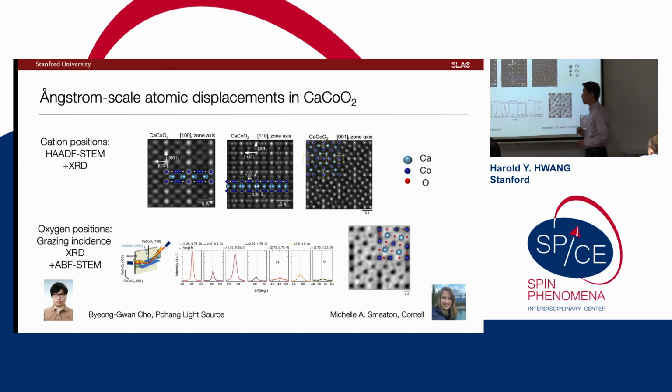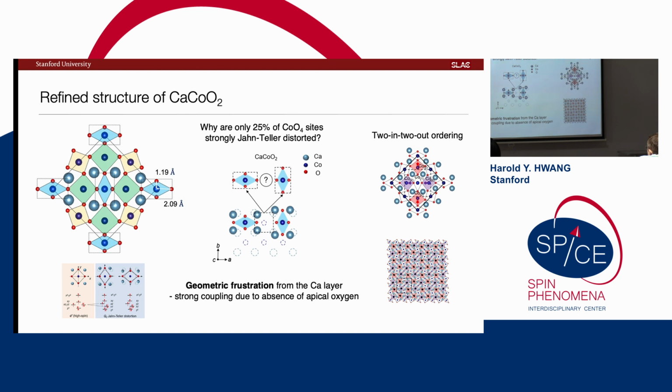These sorts of things. Of course, what's hard for us is that we're dealing with an oxide. Again, the same story, just a narrow sliver of a thin film. So trying to do oxygen refinements, we've been using primarily grazing incidence, synchrotron XRD, and bright field electron microscopy to try to piece together that refinement story. Right? So I can come back to this if there's interest, but let me just tell you the answer.